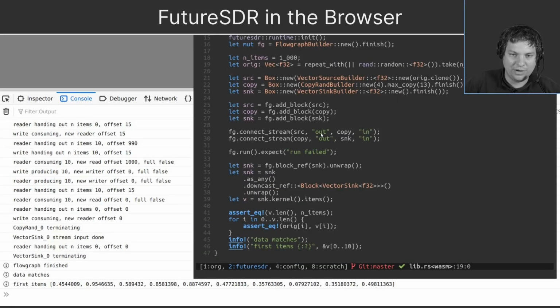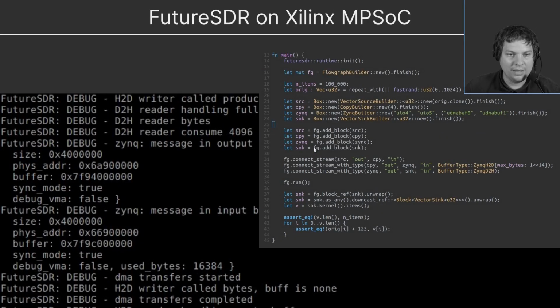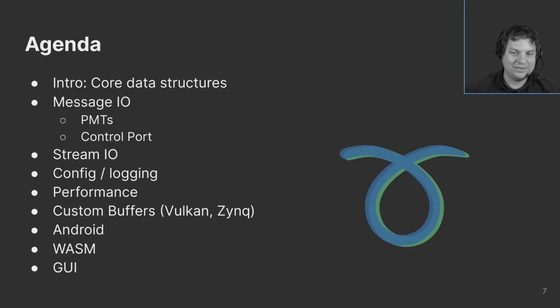It's here running in the browser. So we have a flow graph you can run on your PC, compiled to native code. You can compile the same flow graph to WebAssembly. And here that's running in Firefox. That's the developer console. Here you have this flow graph. Basically you can watch it executing. Here is a screenshot where it's running on the Zynq, doing these host to device and device to host xDMA transfers, and just doing something very trivial on the device itself. I think just adding a number or something like this. Okay, so today what we want to do is give a bit of a hands-on introduction.